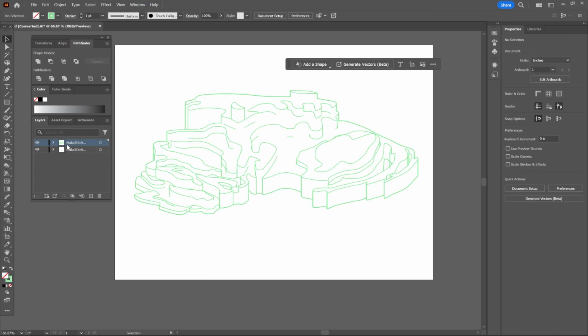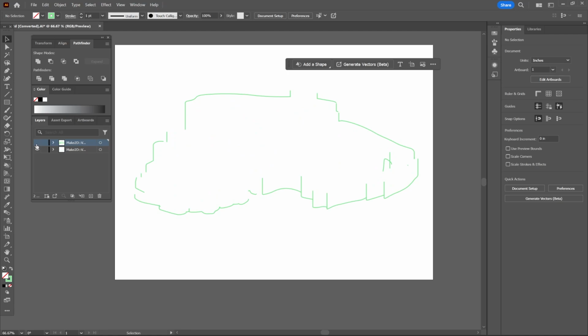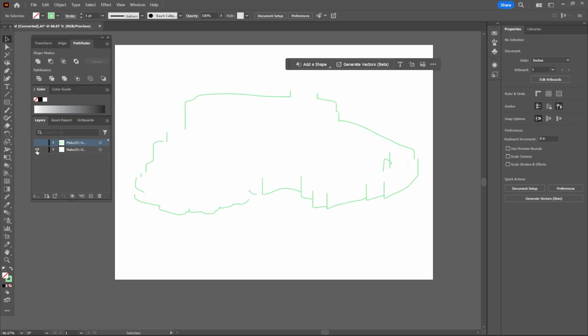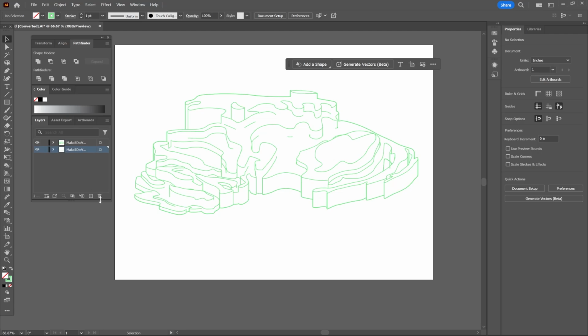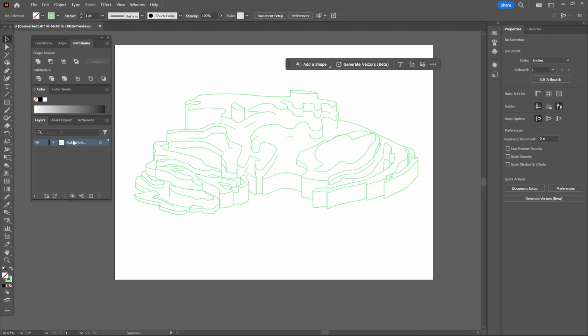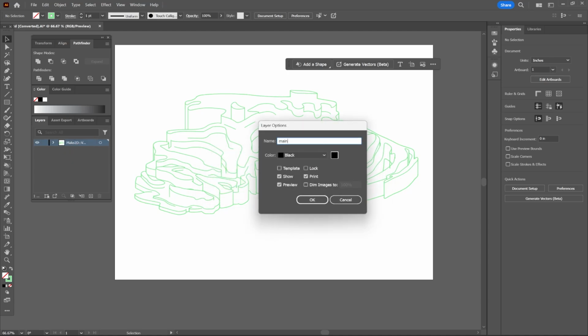But before I get into it, I want to talk about these layers over here. Layers are very important. Rhino exported some layers from that 2D drawing that I generated. Now when I hit this eye icon right here for each layer, I can see which layer holds certain lines or shapes. So I know that this layer right here is the main layer with all those shapes, whereas this layer is perhaps the outline of it. I'm going to delete this layer by making sure I have that layer highlighted and hitting the trash button right here and hitting yes. Now I have my main layer. I'm just going to rename this to main, that way I don't get confused.